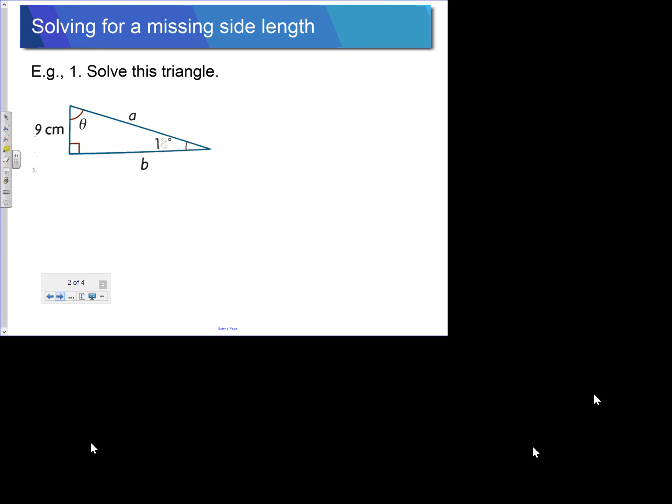Okay, so here's example one. So let's solve this triangle. And when you see the word solve, in reference to triangles, you'll want to jot this down. That means to find everything. So if you're missing a side or two sides or more, find all of them. If you're missing angles, find them all. Okay, so I'm recognizing that here, this has been whited out a bit, so I'm just going to put that